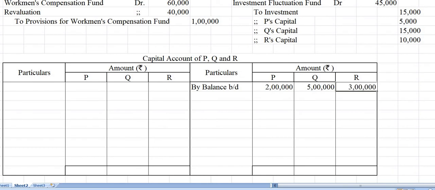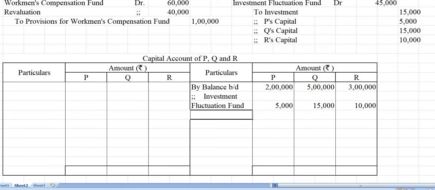Then next we have to write investment fluctuation fund. We have transferred that 30,000, so that we have to write here, investment fluctuation fund. Investment fluctuation fund for P 5,000, Q 15,000 and R 10,000. Then next,